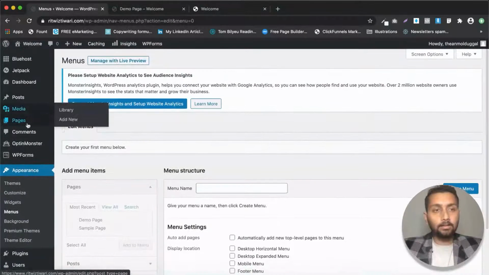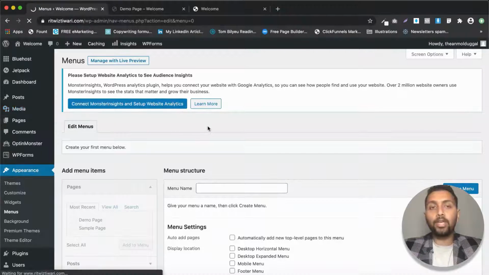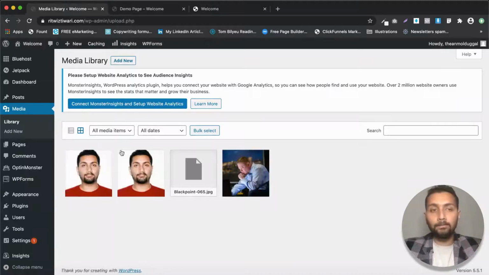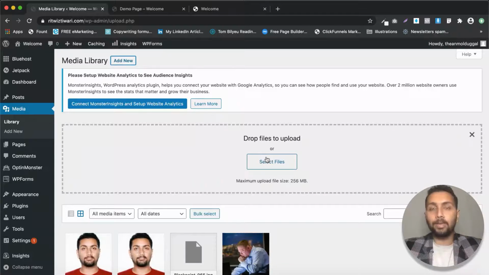All right, then the third thing that we had to discuss was the media part. So you already have seen how we can upload it, right? And if I just click on media, there are two options, like the library and the add new button, right? In the library, you can see here that these are the images that we have uploaded, but you can go ahead and add new images here as well. Simple as that, just like you do it from your mobile phones, isn't it? All right, so now we have covered the posts and media, and now let's come to the comments part.